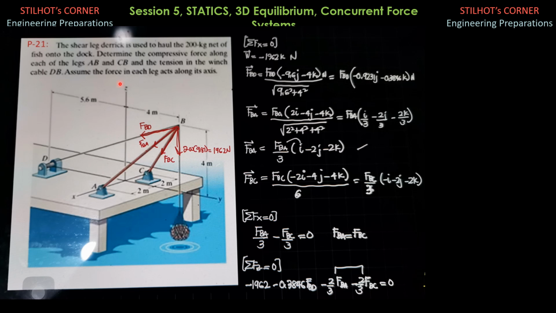And although it is stated in the problem that these two legs are in compression and this cable is in tension, you should learn in the future, or even in this problem here, that the effect of this 200 kilogram mass times 9.81, so 1962 newtons weight, will cause these two legs to be in compression and this one in tension. Because the effect of this is to push this point B downward, so the reaction of AB and AC would be upward